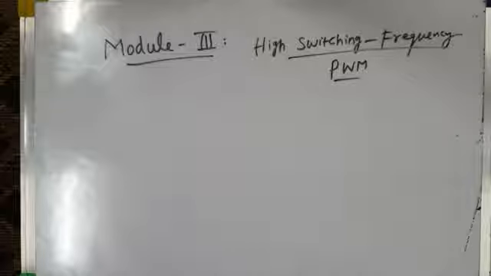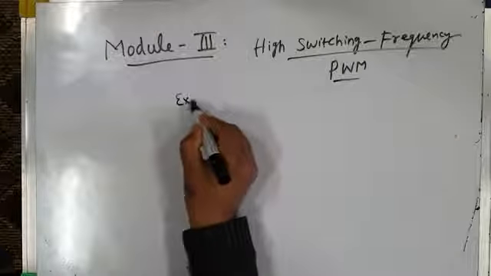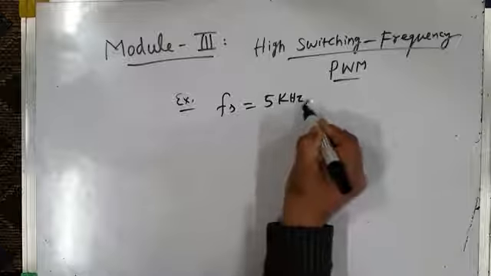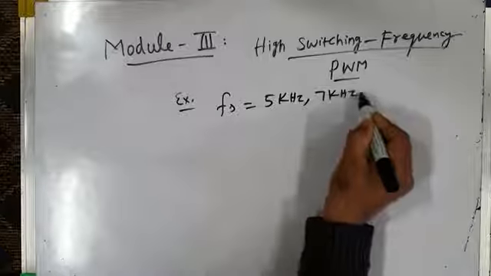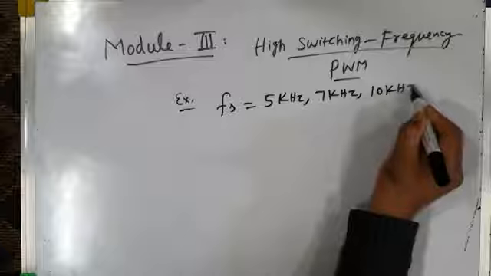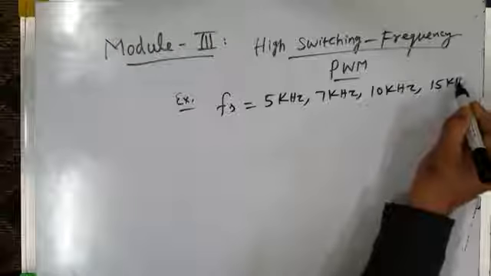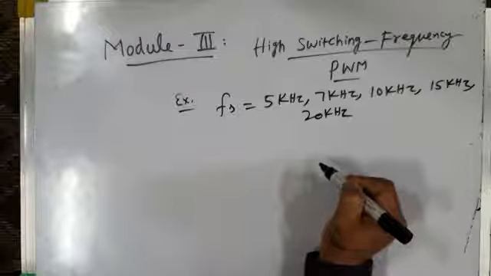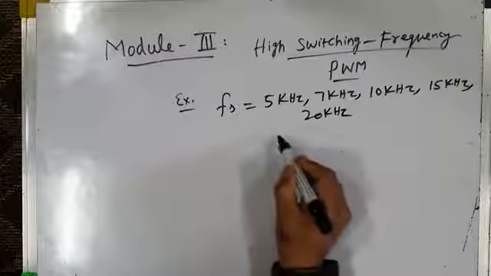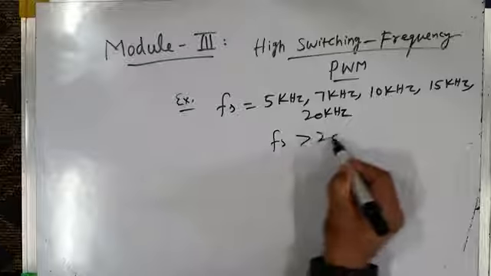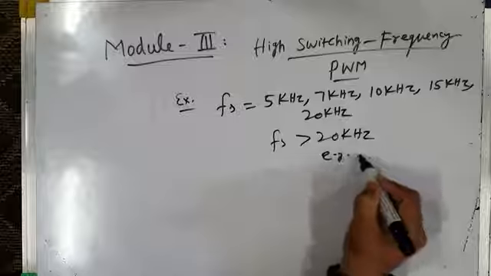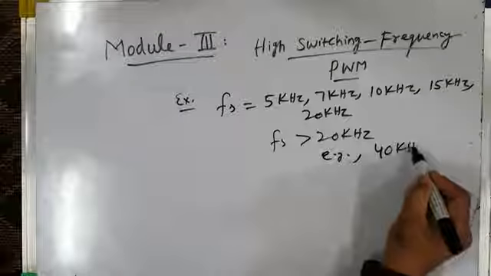The switching frequency may be of the order of thousands of hertz. For example, we may have a switching frequency as high as 5 kilohertz, 7 kilohertz, 10 kilohertz, 15 kilohertz, 20 kilohertz. Or we may have a switching frequency greater than 20 kilohertz, say for example 40 kilohertz up to